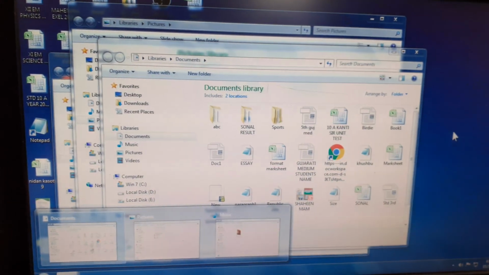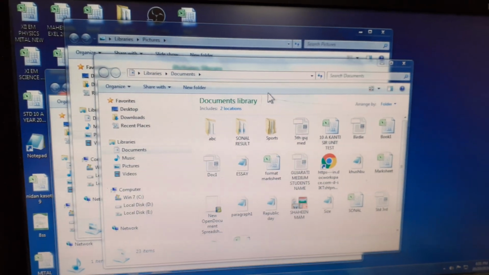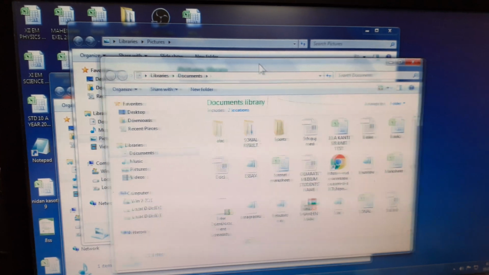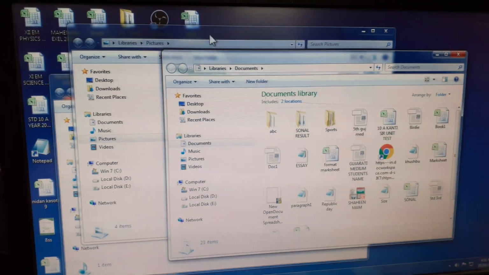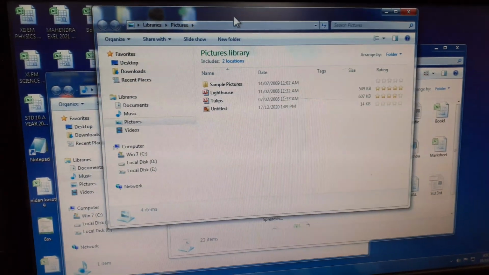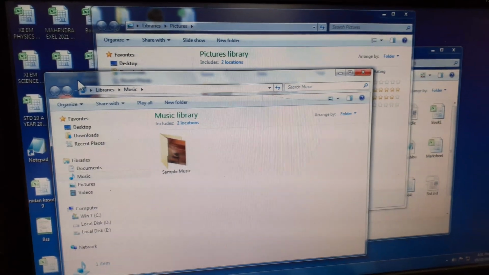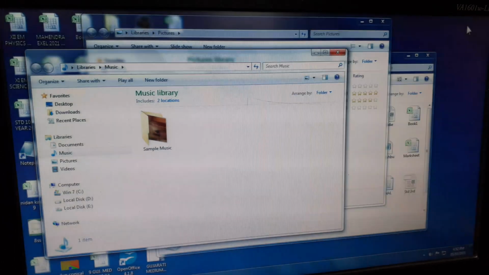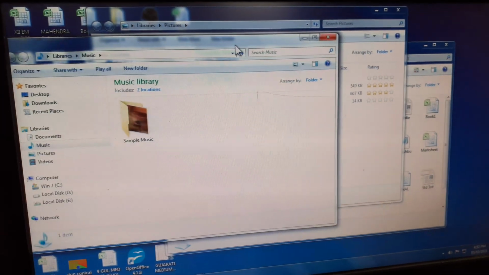Which three windows are there? This is the documents window, this is the pictures window, and this is the music window. So these three are the open windows, right children?